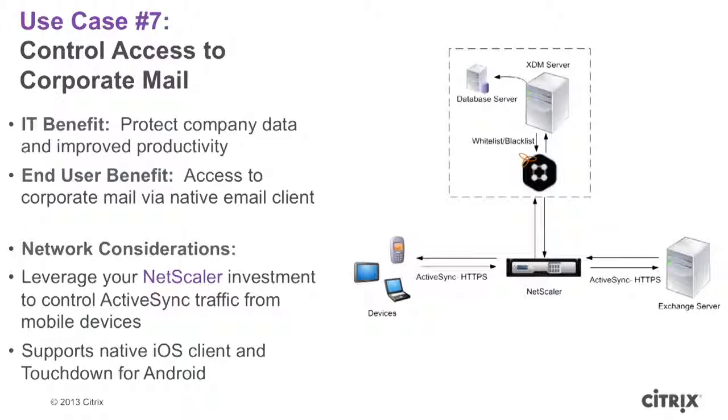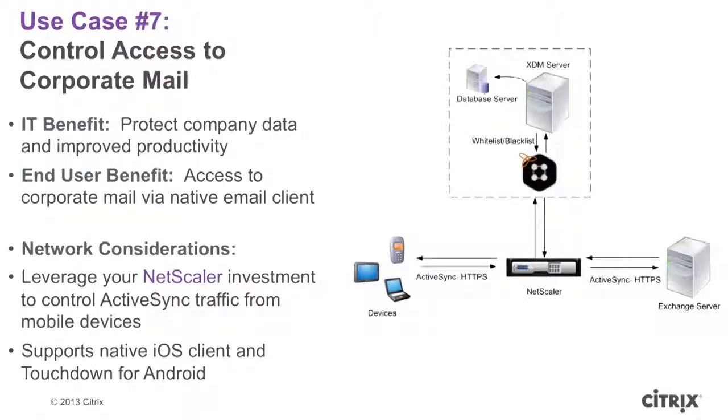The XDM server, which is the XenMobile Device Manager server. The XenMobile Device Management server keeps an access control list. Think of it as a whitelist or blacklist of these are the devices that are allowed to have access to corporate email, right? And NetScaler queries that,